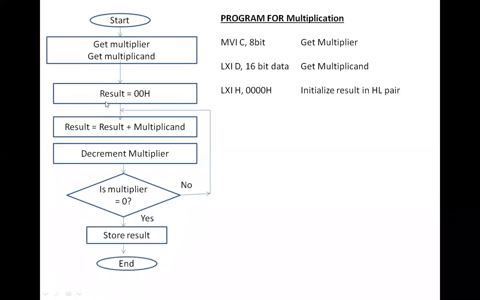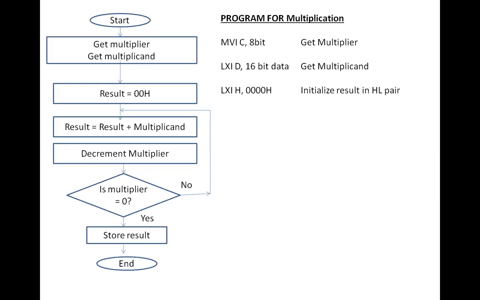Then the result is 0. We have to initialize the result, and for storing the result, I have used the HL pair register. HL pair register is initialized with 0000. Why are we working with 16-bit numbers? The reason is that when we multiply an 8-bit number with an 8-bit number, it is not necessary that the result will be 8-bit only.